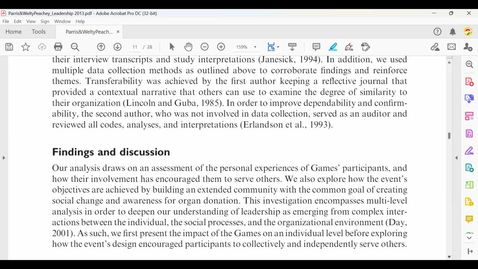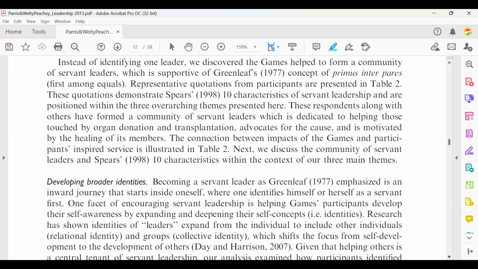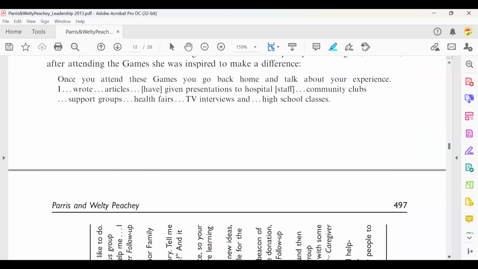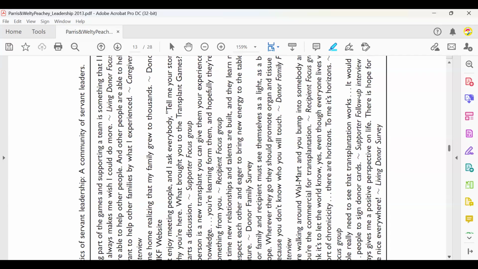Always pay attention to the findings and the discussion, because this section really summarizes for us how the research study addressed the research questions. So in a qualitative study, you see a table which has qualitative data, unlike statistical results,